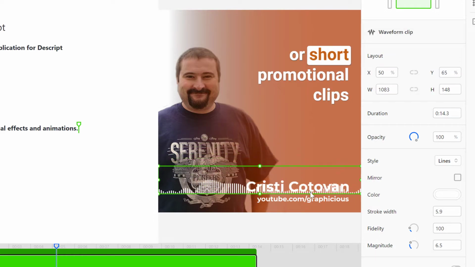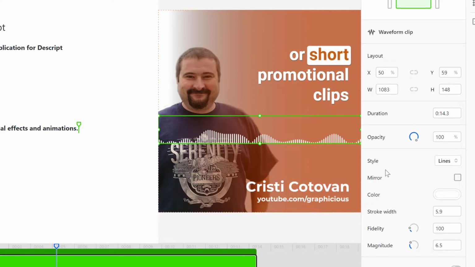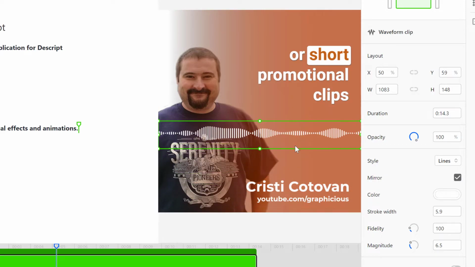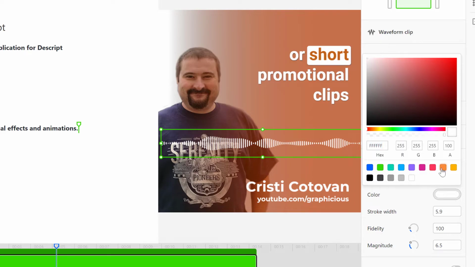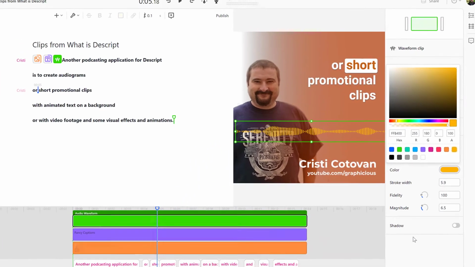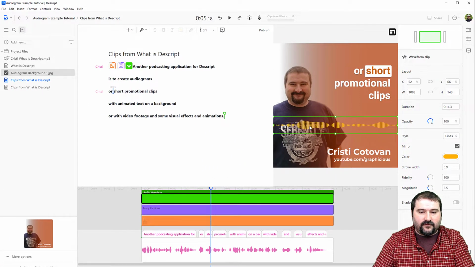So right now I could be putting this one here, but I have the text, and it's going to animate on the text. So I'm going to just leave it here and make it mirror, and let me just make it kind of orange like it was before. I do like it how it was before with this orange yellow kind of thing. So there you go. That's my waveform right there.